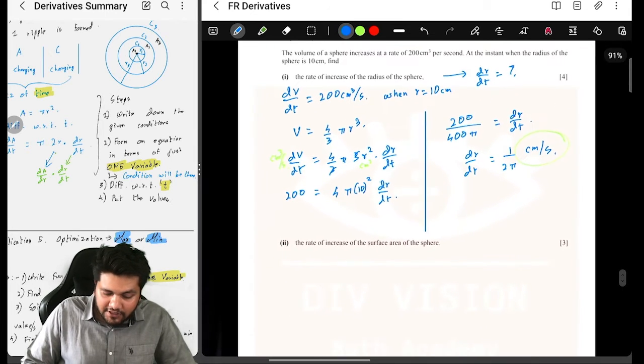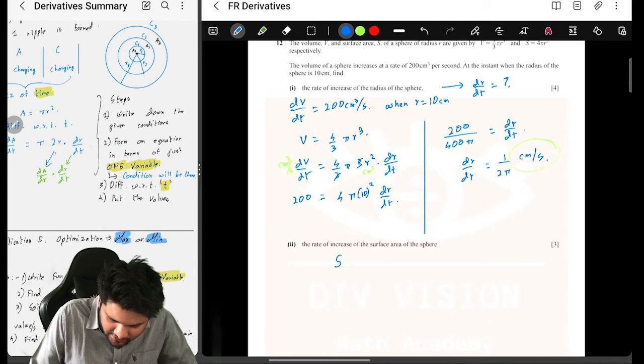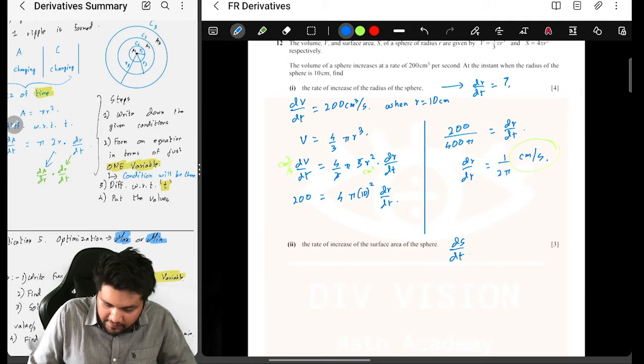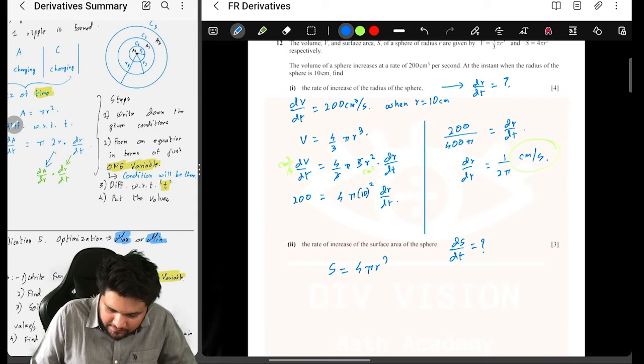The rate of increase of the surface area of the sphere, same logic. This time they are asking for surface area, so they are asking ds by dt in short. They may ask you ds by dt directly also, so for that we'll have to follow the same procedure. Now see, we need ds by dt, but we also know the formula, that s is 4 pi r square. So ds by dt is going to be